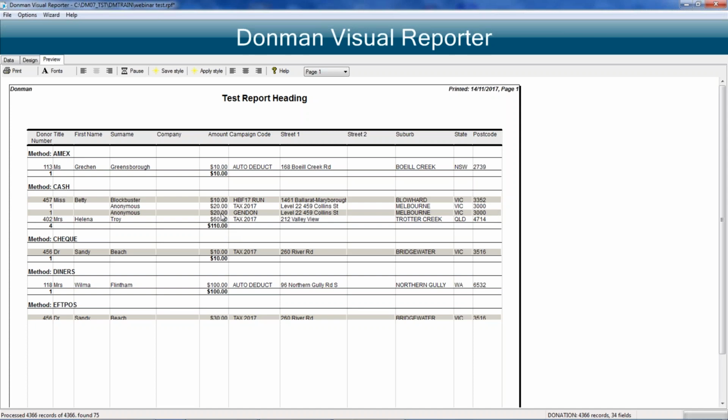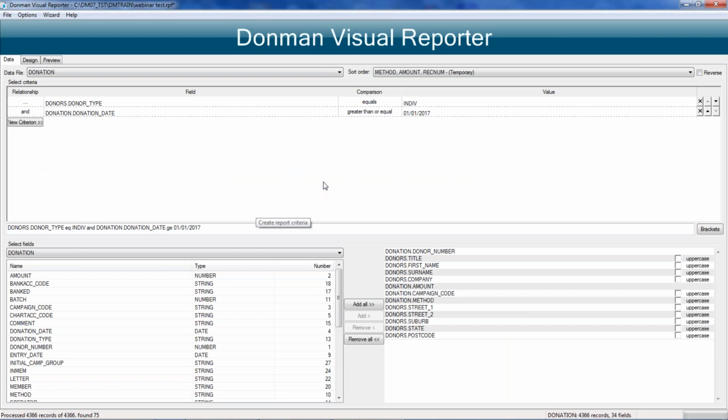If I had a report that I said, look, I'm happy with how it comes out and everything, but I don't want to keep changing dates and things like that when I run the report. Okay, so that takes us into the next area where we can start putting in some sort of preset formats for reporting and things like that. So at the moment, I've got donation date is greater than or equal to the 1st of the 1st this year. Okay. If I take that out and I just put a Y in,